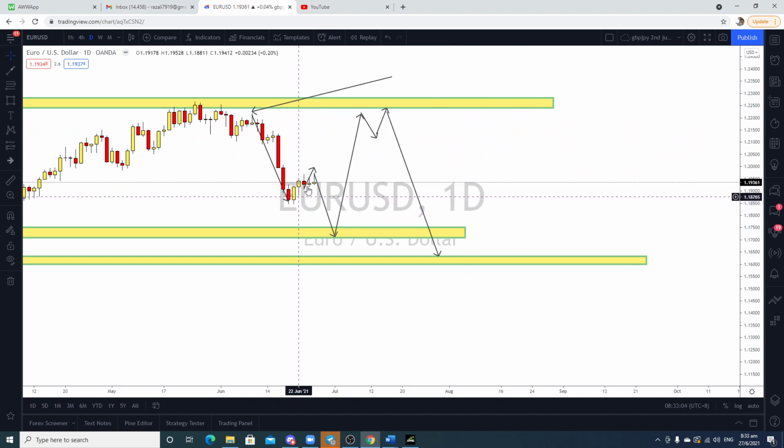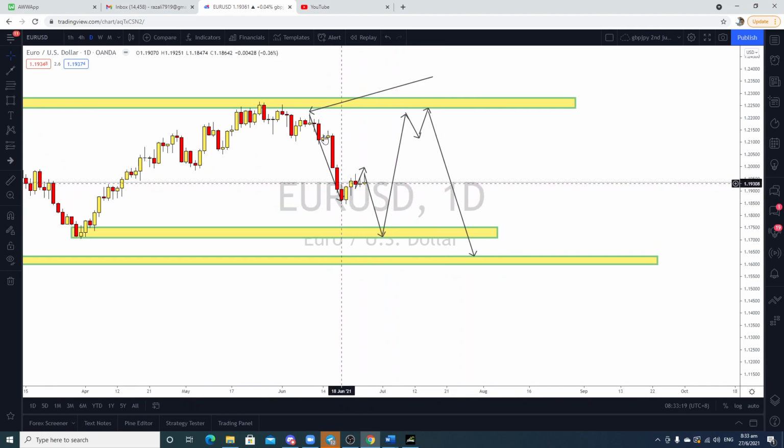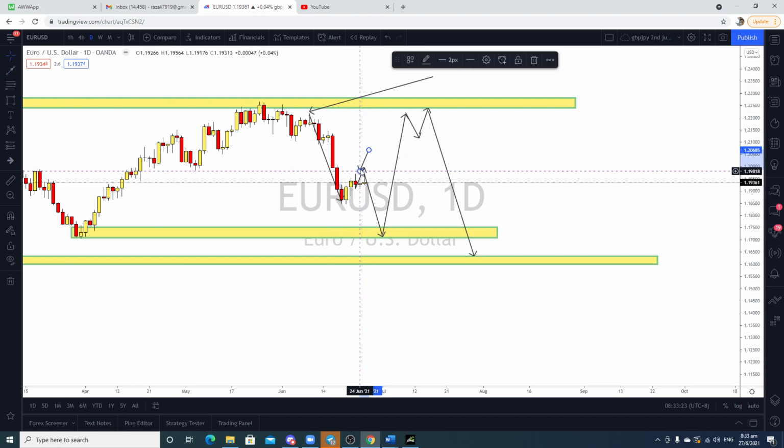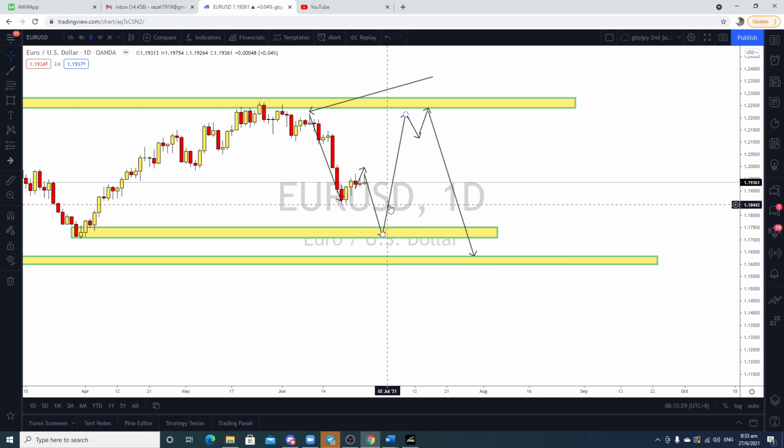So in this case, from here, can we take a buy? Look at your momentum. There's no momentum for this market to go up, so buy is ruled out. That means since we already defined that this market will go down. Okay, but can we take a sell at this point? Look at your momentum. There is no sell momentum at all, so that is useless to take a sell from here. All in all, last week Euro USD was a waste of time if you trade Euro USD.